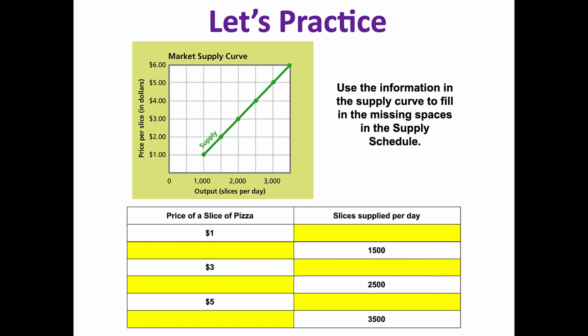At $5, of course, you can see this is moving very symmetrically, very linearly. At $5, the quantity supplied rises to 3,000. And then, of course, at 3,500, the price is $6. Perfect. All right. Before we get to our activity, I want to introduce one more concept related to supply,